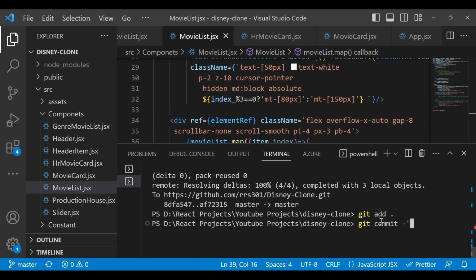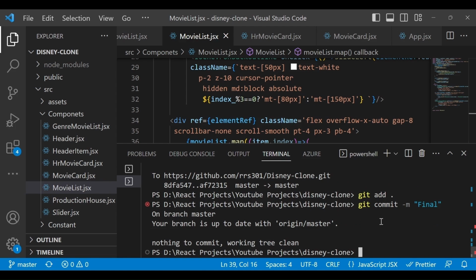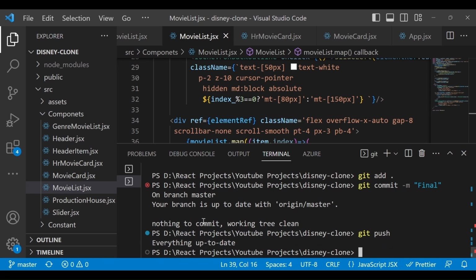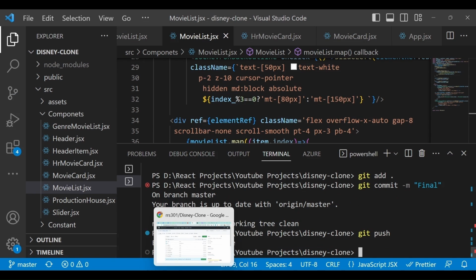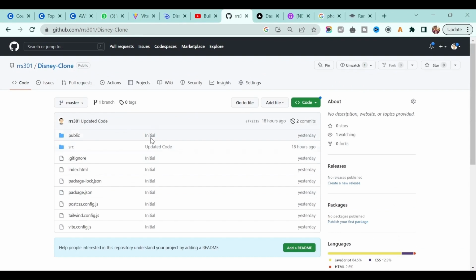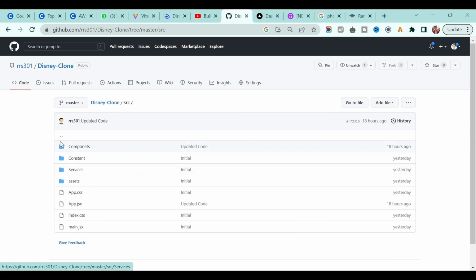I will add the message final, and then I will push it. Right now it's saying everything's up to date, so I already pushed everything on GitHub. Okay, and everything is ready, so my code is here, all the required files are there.